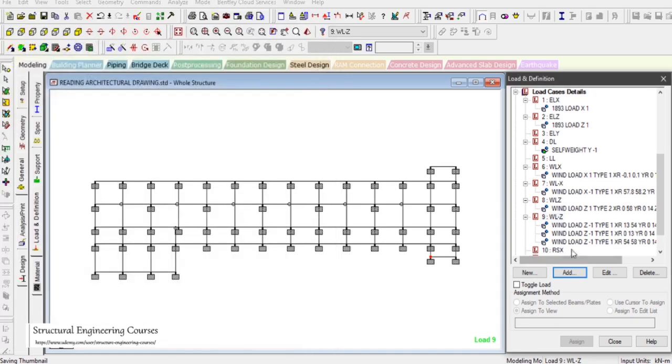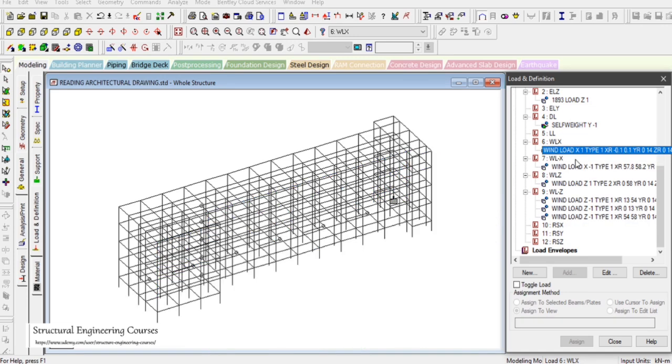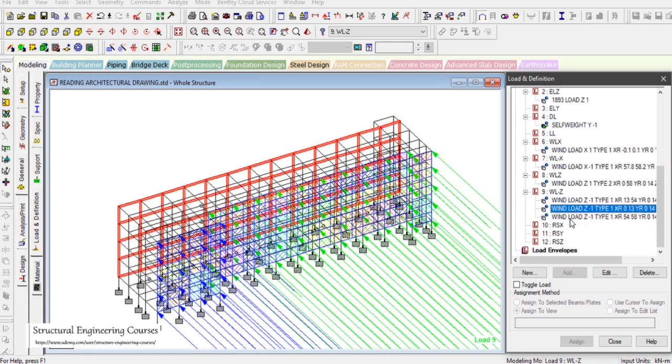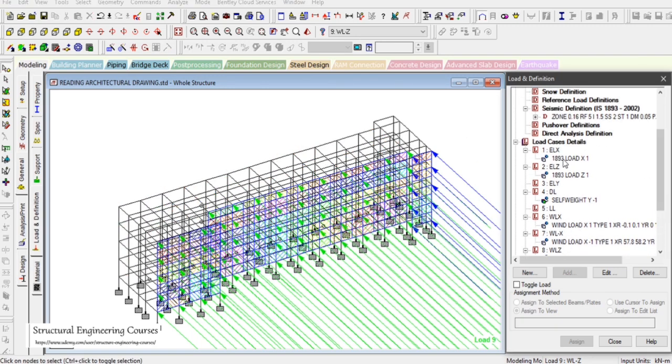So left click on add here. After defining wind load for X, minus X, Z, and minus Z, we are finished with defining the wind loads, and after that we do need to do one more